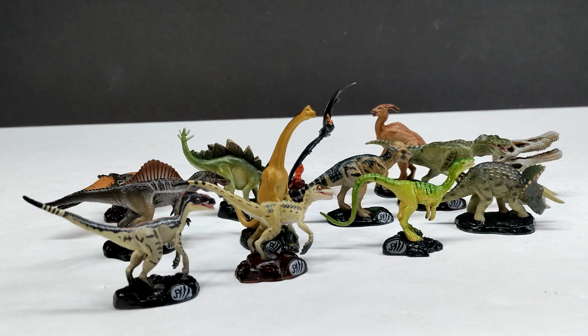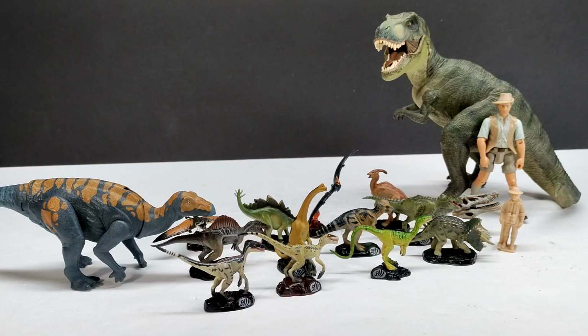I don't feel like measuring each and every one is going to be a great idea here, so we're just going to jump to a size comparison. So there is Mr. Papo T-Rex, the Attack Pack Colovosaurus, Robert Muldoon, and the Collect A Human Being next to our Kaiyodo Jurassic Park 3 figures, and you can see they are extremely small. As I had mentioned numerous times, they are definitely very, very small, but crazy impressive when it comes to both